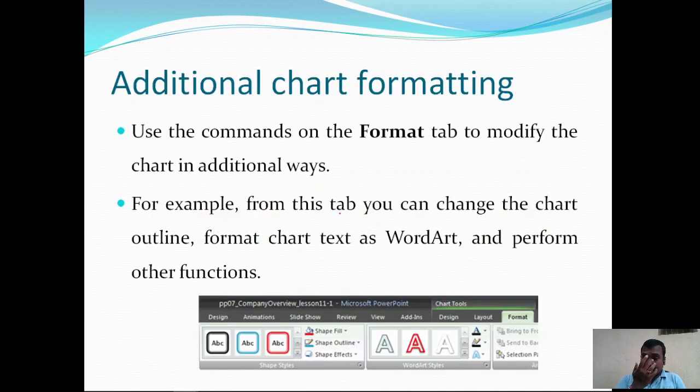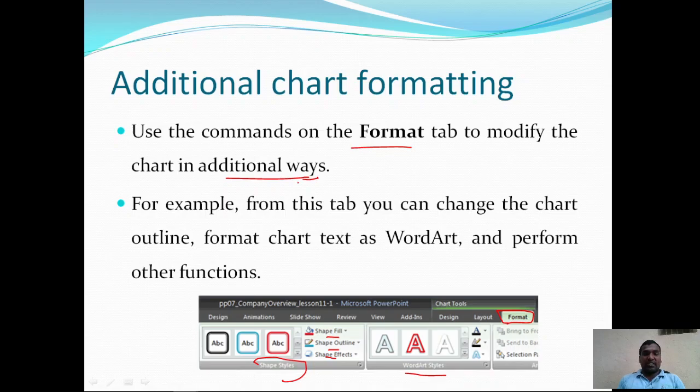Some other chart formatting commands are available under the format tab. Okay, like shape styles, shape effects, shape outline, shape fill, and word art. Some other commands are also there, so you can perform several options on charts. Okay, so use the commands on the format tab to modify the chart in additional ways, not only changing the layout, styles, and chart types.